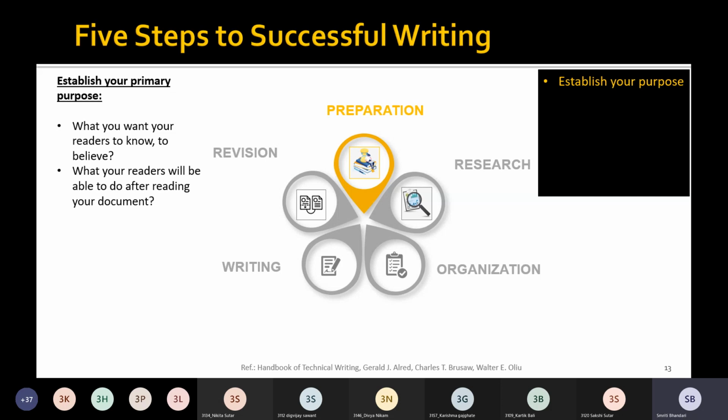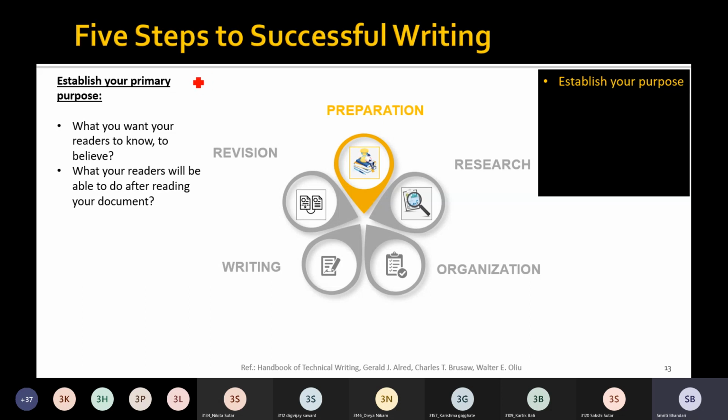Why are you writing this document, and what do you want your readers to know? Or what will your readers be able to do after reading your document? To answer these questions and come up with a primary purpose, we may write a purpose like this. This is one example of how we can write the primary purpose for this problem.